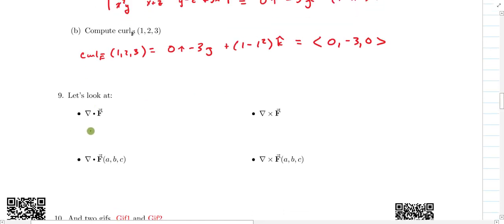Okay, so at this point we've introduced this del operator notation, and we've got a lot of different actors at play now, and it can seem a little bit messy. So I just want to remind you that this is a scalar valued function. And I'll ask you this a couple more times in this document. This is a scalar function, so we take del dot f, and it at each point